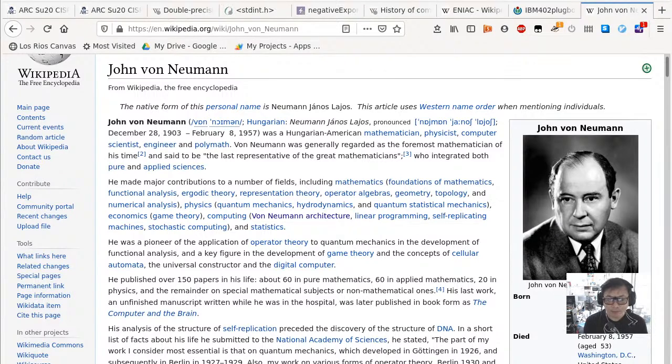Unfortunately, he passed away really early. You can see that he passed away when he was only 53. And he died from cancer. Apparently his cancer may be partially because of his involvement in the creation of the hydrogen bombs. He was involved in the creation of the hydrogen bombs, and he was in the field as well. So I think most people think that he got radiation exposure because of that,